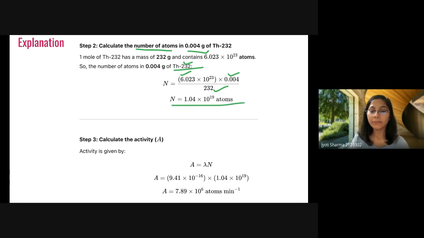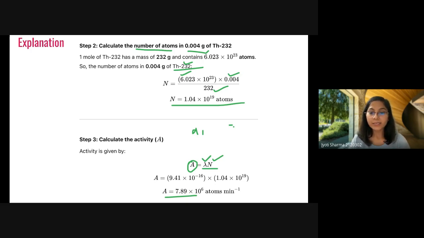So if you have the number of atoms, and I already told you dN upon dt is giving you the rate, or alpha N. And this rate of disintegration dN upon dt is also known as activity. So this is equal to alpha N. Alpha we have calculated, and the number of atoms we already calculated based on the weight. And this is how we can calculate the activity or the rate of disintegration.